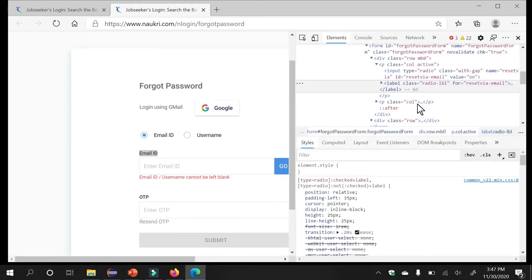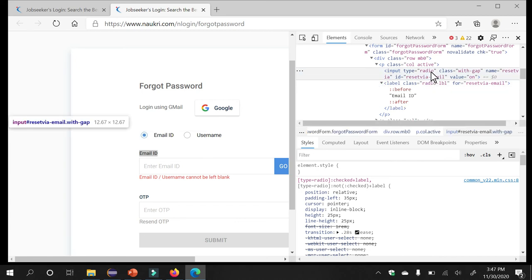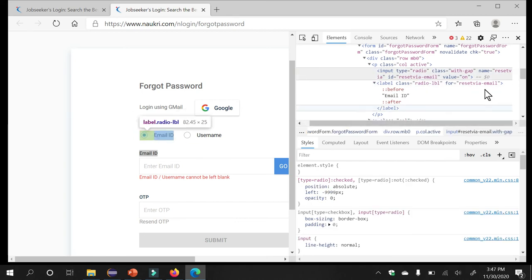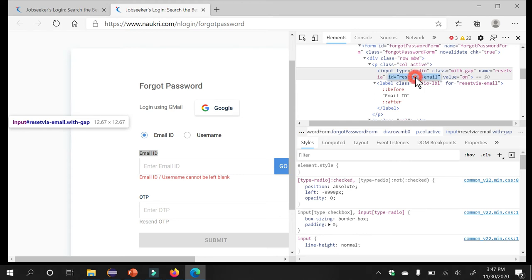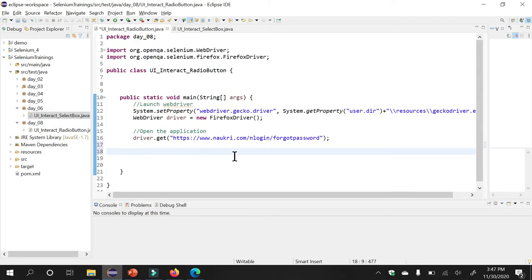So input. I think you can use the name or you can use the ID, right? So copy this ID property, Control C, copy. Okay, so identifying the radio button. So driver,